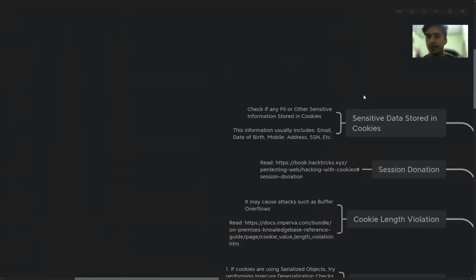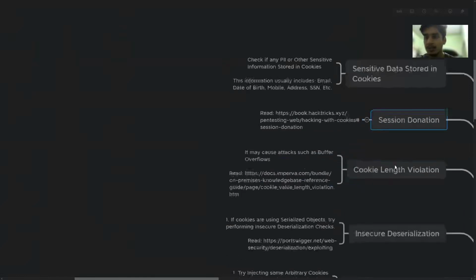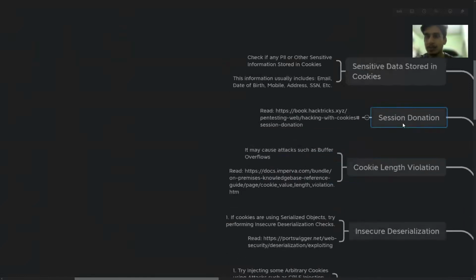Session donation is a kind of attack where you are donating your original session to the victim user, and then the victim is basically logged in as your user. This is relevant when the application has certain functionality where, if I allow a victim user to log into my account, some function will execute and something will happen. You can go to book.hacktricks.xyz and learn more about session donation attacks. I never found this myself these days either, but I keep looking for such issues because you never know when you will find something interesting.